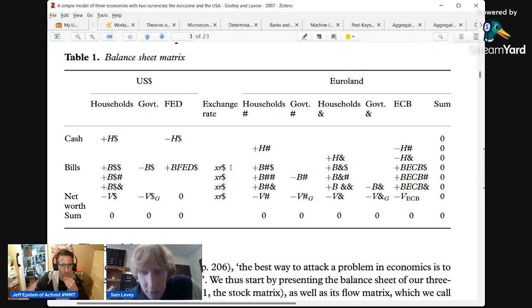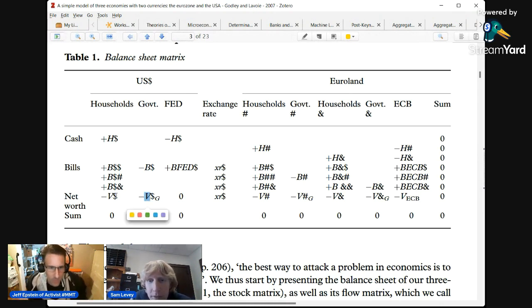Okay, but still, it's on the net worth row. It's all negative. So how would that add to 0? That's because although there's a minus sign here, these numbers might not necessarily be positive. It might be a negative number, which times negative equals positive. Exactly right. So probably the way this is going to work out is that the government's net worth is going to be negative, and then the household net worth is going to be positive. Okay, that's clear. All right.